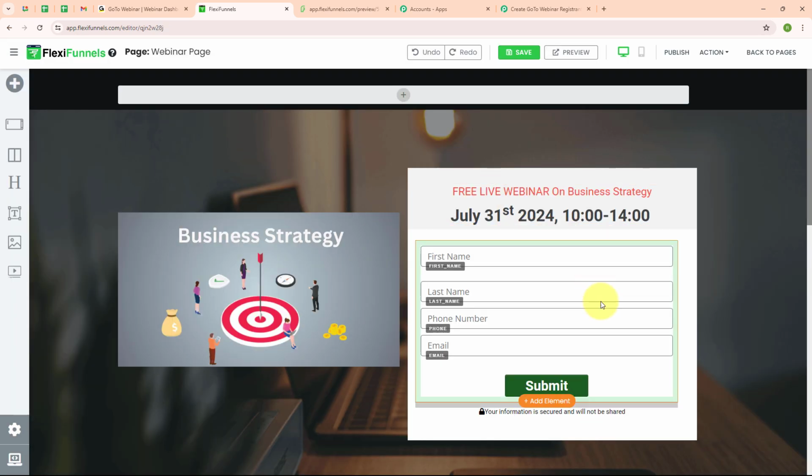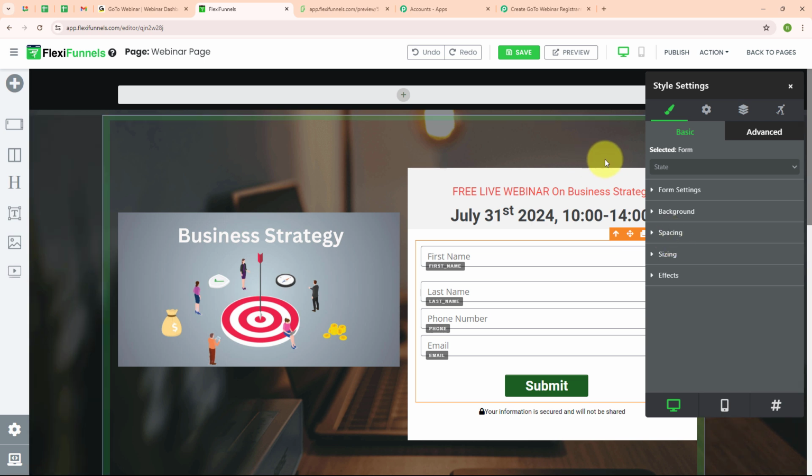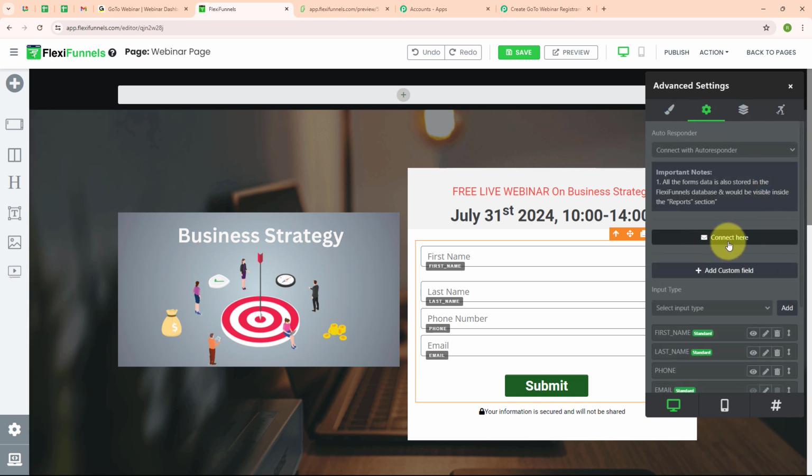And then from here I'm going to select my form element, and from here I'm going to click on this settings icon given over here, and from here I'm going to click on settings again, and here you can see we have received the option for connect here. So here I'm going to click on this,